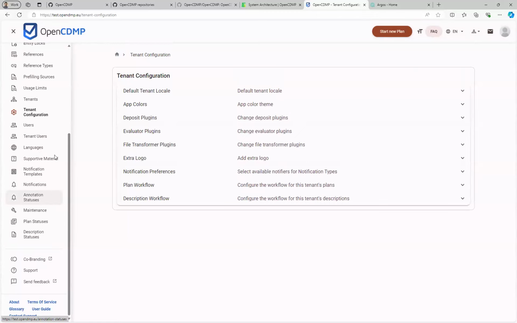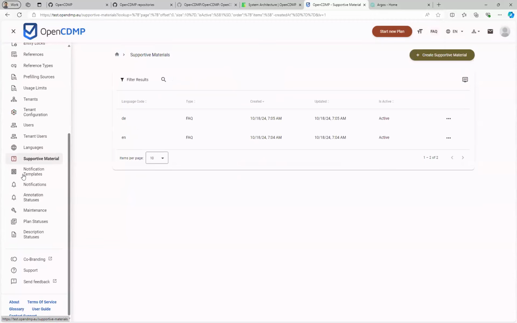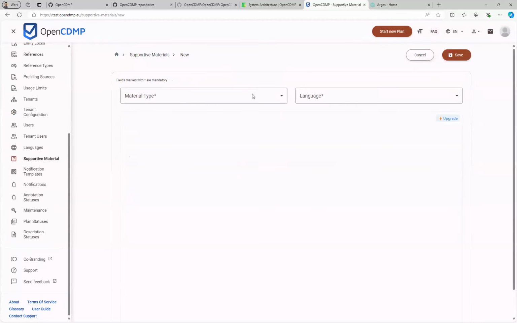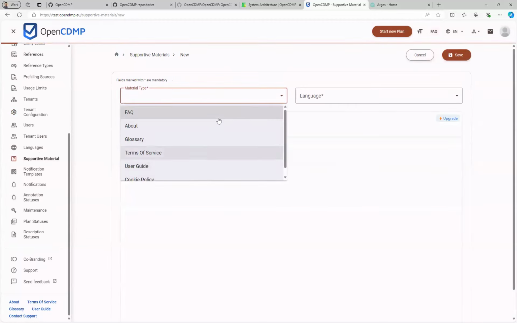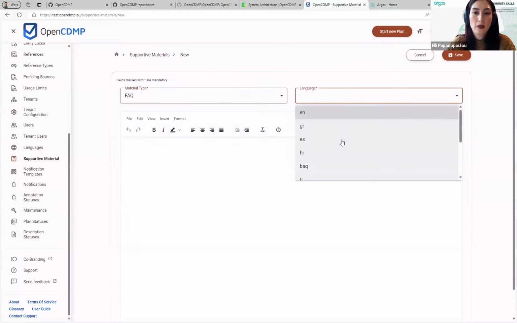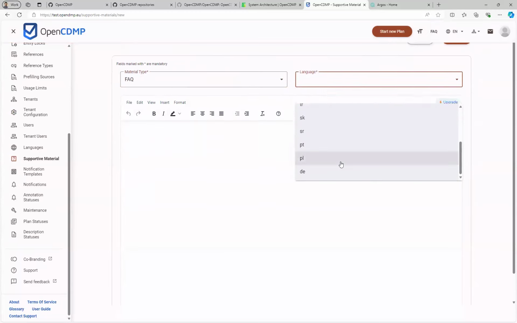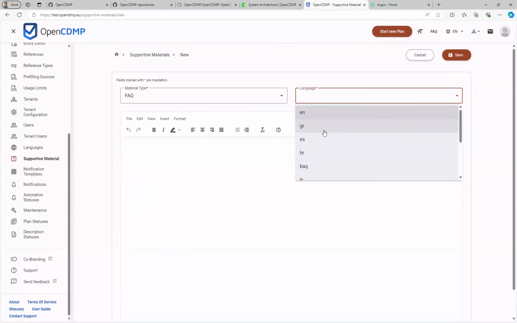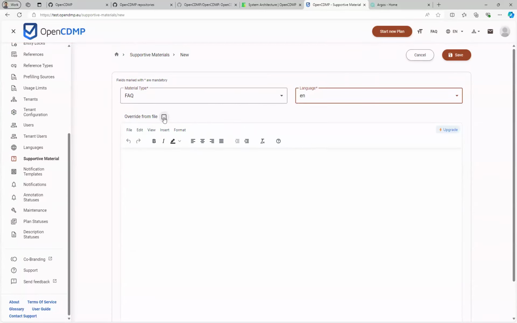So we have a page here where you can configure all the supportive material for your tenant only or for the whole installation. So you can configure the frequently asked questions, the about, the glossary, terms of service, user guide, your cookie policy, etc. And this can be done for all the available languages that exist in the platform.